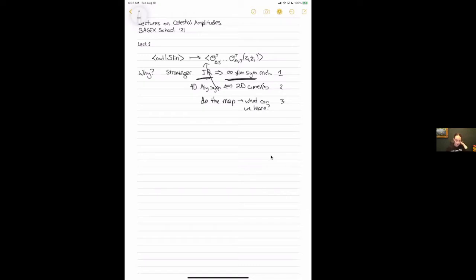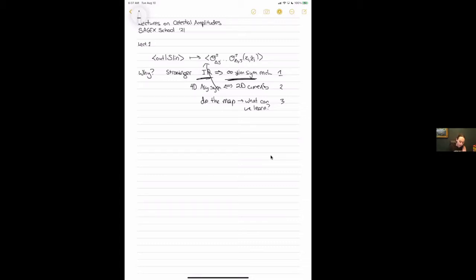Okay, that's the outline of the goals for today: to get some sense of this first step, why we can even expect to do this map, and to get through the background we need to set up this IR story. That means understanding the causal structure of Minkowski spacetime, the Penrose diagram, what future and past null infinity are, et cetera, because that's the arena where we think of scattering from a spacetime perspective, so that we can map asymptotic symmetry stories to S matrix behavior. That's roughly the motivation through section 1 in the notes.